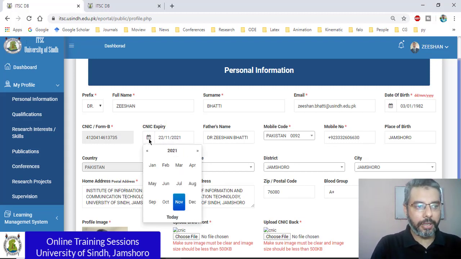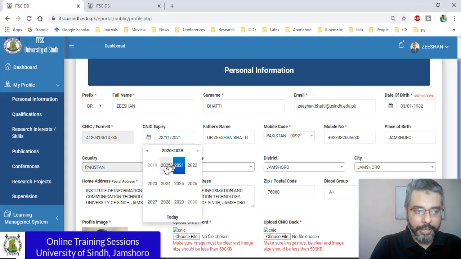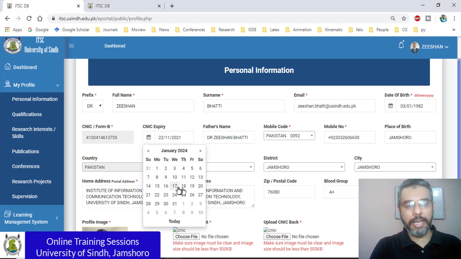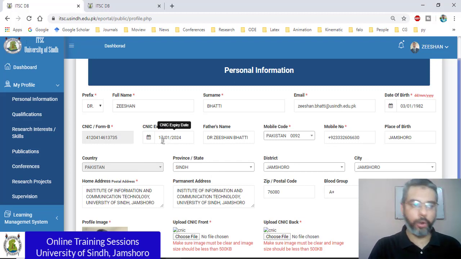Again, this is the CNIC expiry date. You click on this expiry calendar icon. Once you click on the calendar icon, the year appears. If this is not the year that you require for the expiry, click on the year and the year table chart would appear. Then you can use these two navigation arrows to change the year and select the appropriate year on which your ID card would expire. So once you select that, then the month, then the day. So that's basically how it works. Or obviously you can type in the day, month, and year yourself as well.